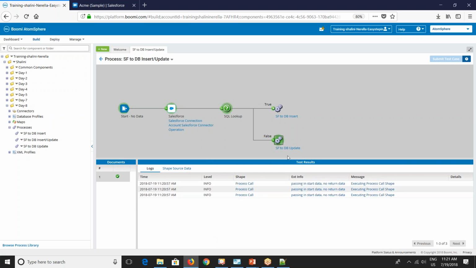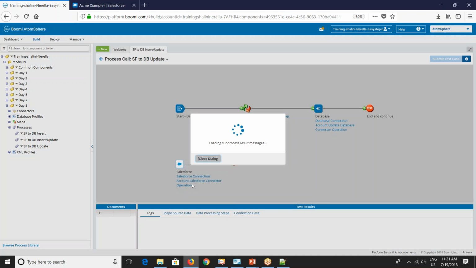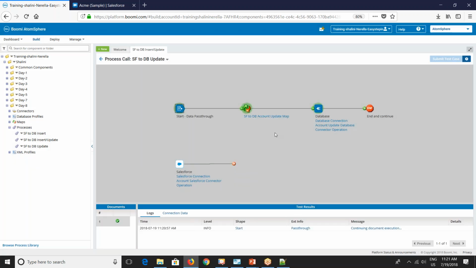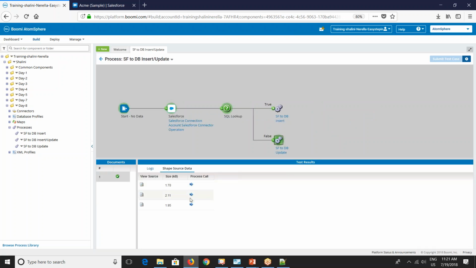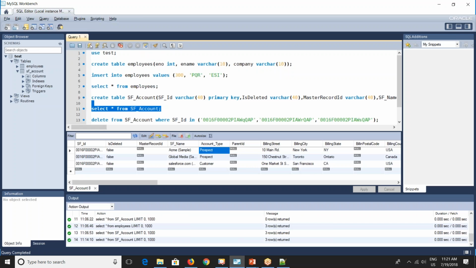Here, if you want to go into the sub process, you can click on shape source data and you'll be able to see process call. If you click on here, it goes into the sub process. So see here it had updated. Similarly for the second document. So now if I go here and see